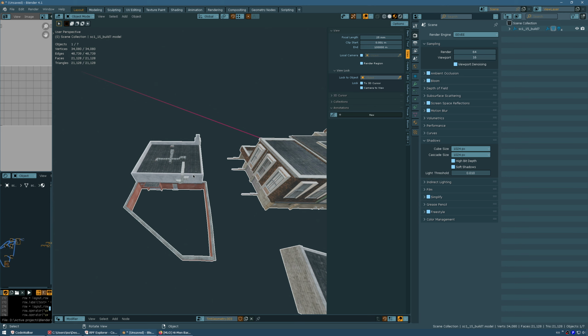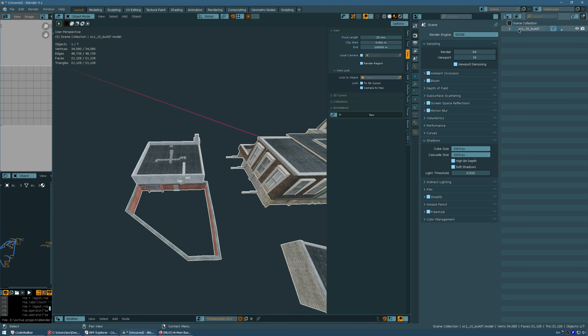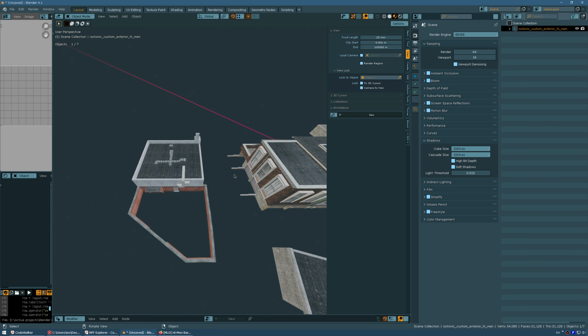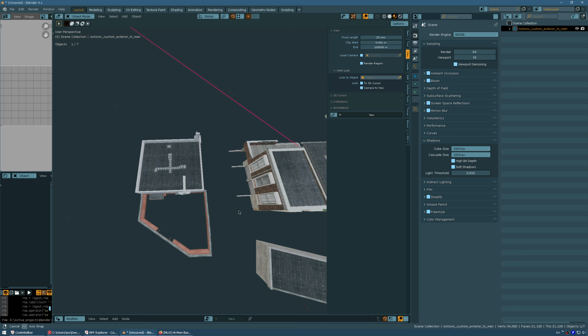Next, we go to Edit Mode. So select the geometry in here. Let's rename this one. It's very important that you give it a unique name so it doesn't interfere with vanilla files. And do not use spaces, do not use uppercase, just lowercase and underscores for the name. So object mode,